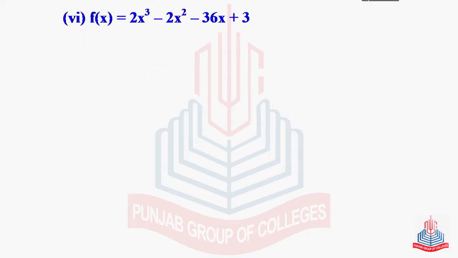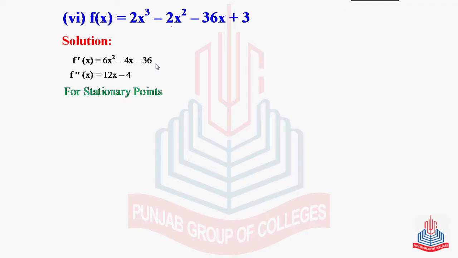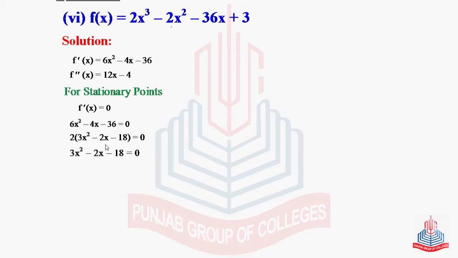Next part is f of x is equal to 2x cubed minus 2x squared minus 36x plus 3. First derivative, by applying the power rule, the derivative of x cubed will be 3x squared, multiplying by 2 will become 6x squared minus 4x minus 36, and the second derivative is 12x minus 4. For stationary points, first derivative is equal to 0, and from here we will find the value of x, and this is a quadratic equation, and by using the quadratic formula,